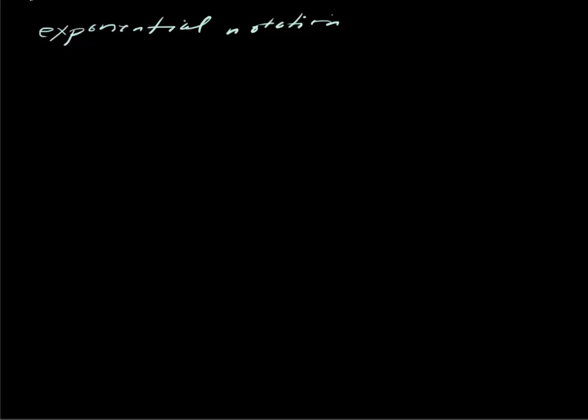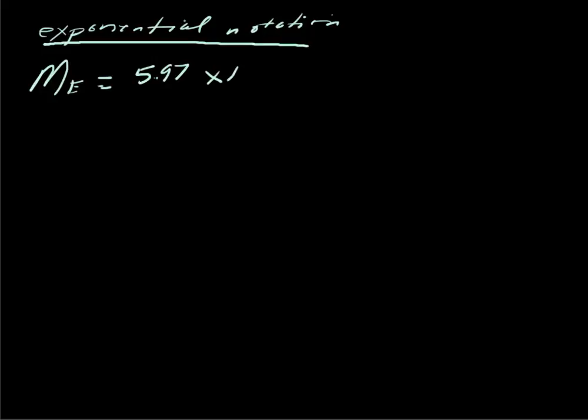Okay, let's just take a quick look at this idea of exponential notation. We've talked about subscripts, so we have, for instance, the mass of the Earth, and that's estimated to be approximately 5.97 times 10 to the 24th kilograms. Now, this is a typical exponential notation type format. And it's very useful because otherwise we'd have to write this out